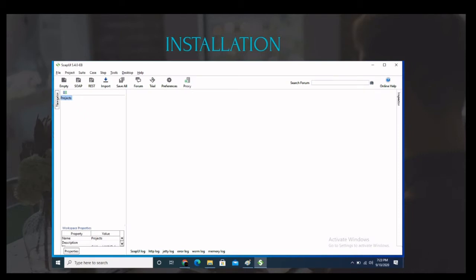Once you download and install SoapUI, this is the very basic window. You can see it has different options, SOAP, REST and many others, project, suite and all. This is how it looks on a fresh start when you install and start it.